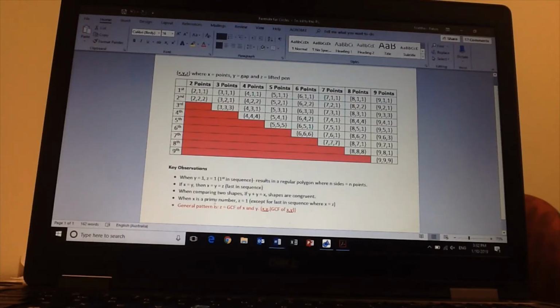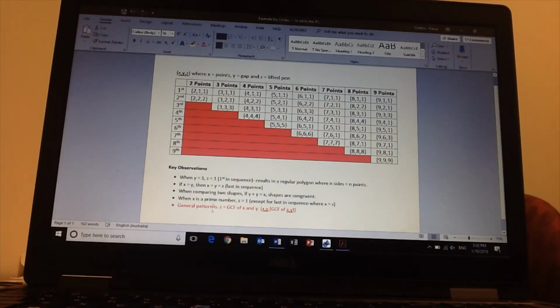congruent. The next thing I found was that when x is a prime number, so your primes here of 2, 3, 5, 7, then all of the z's, all of the amount of times you're lifting the pen off the paper, were 1, except for the last one in the arrangement. For example, with 5, you've got your z as 1 all the way through until your last arrangement, which is equal to the x. Same with the 7s. It works with primes because they don't have any other factors except for themselves and 1,